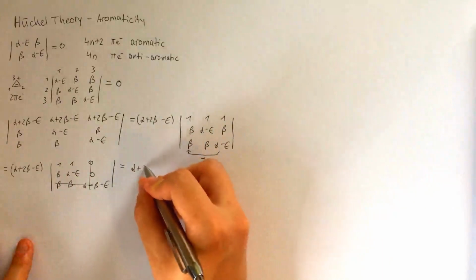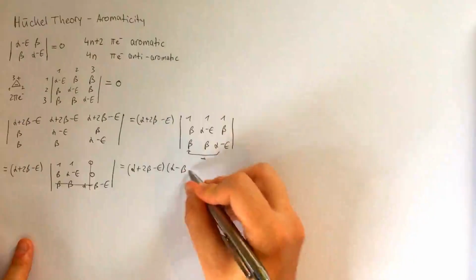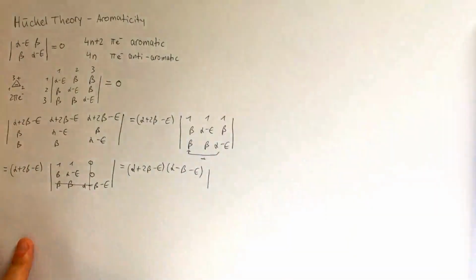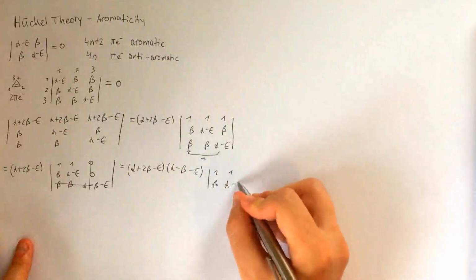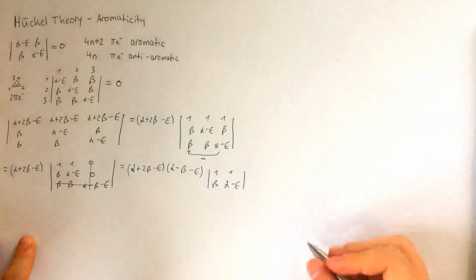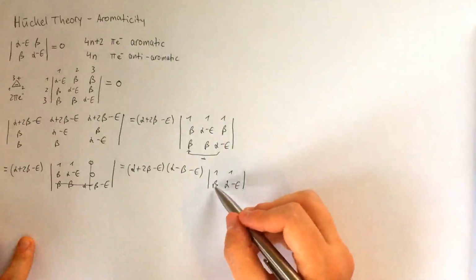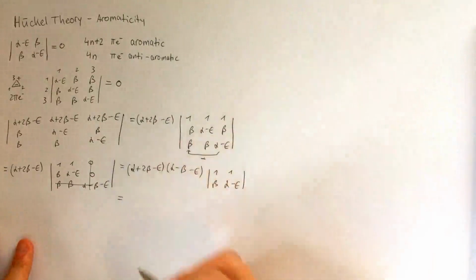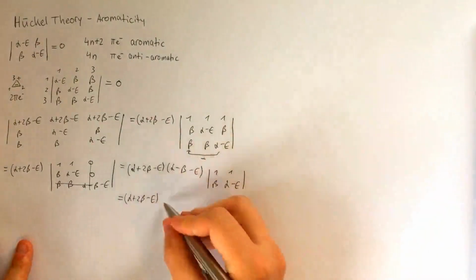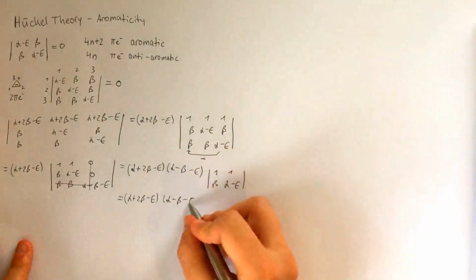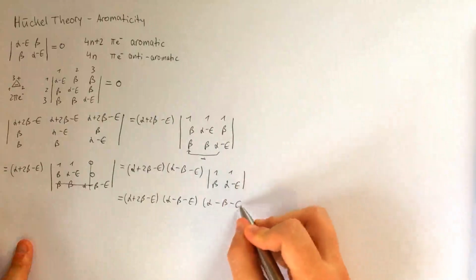So I write down alpha plus 2 beta minus E, alpha minus beta minus E, and our 2 by 2 determinant is 1, 1, beta, alpha minus E, which we can now just expand by going 1 times alpha minus E minus beta times 1, so that we're left with alpha plus 2 beta minus E, alpha minus beta minus E, and alpha minus beta minus E